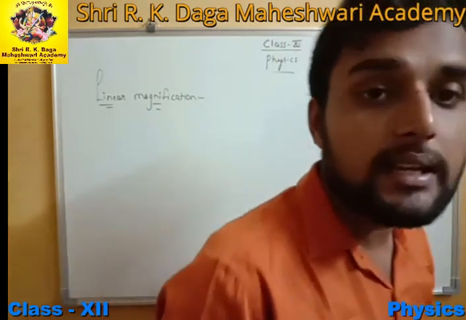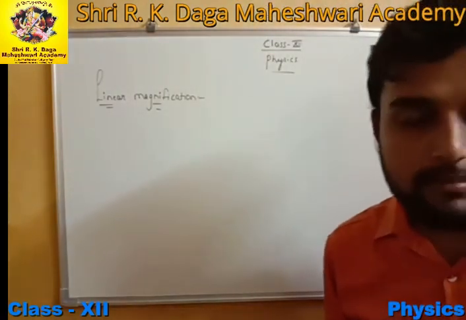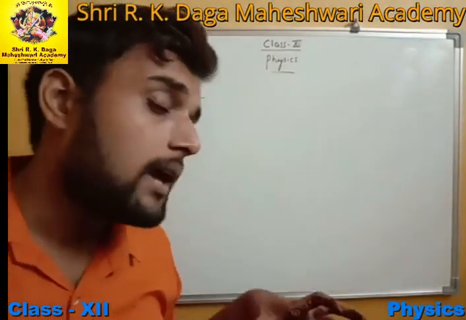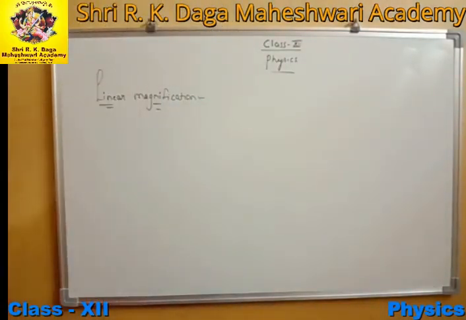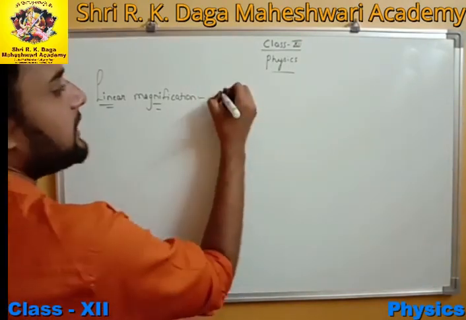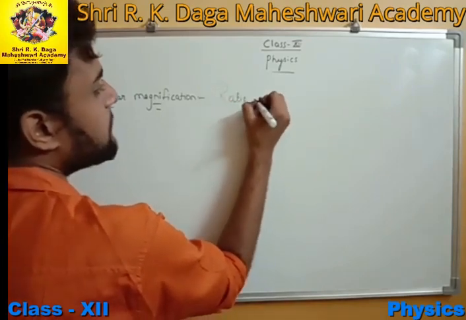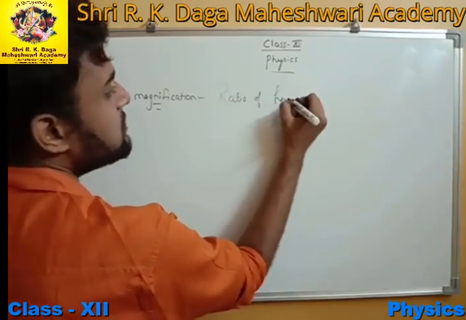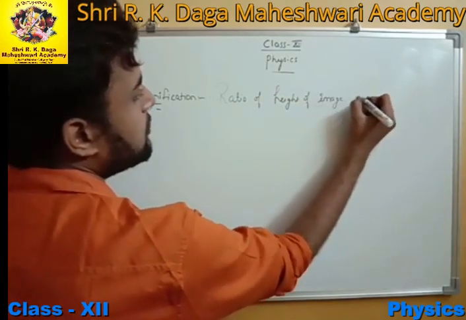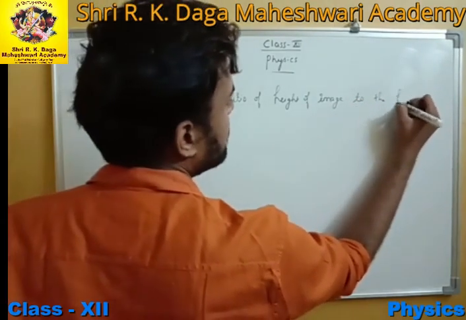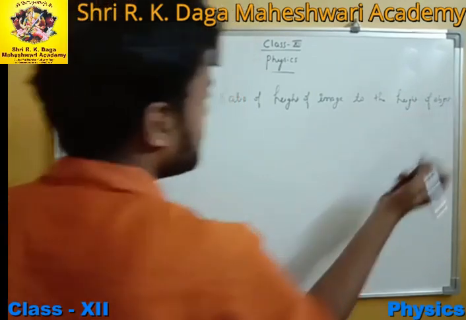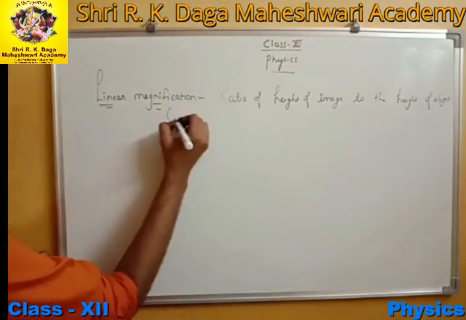Sometimes it becomes bigger than its actual size. Sometimes it becomes smaller than its actual size. So all this happens because of this linear magnification. Okay, so how can we define linear magnification? It can be defined as the ratio of the height of image to the height of object, and it is denoted by small